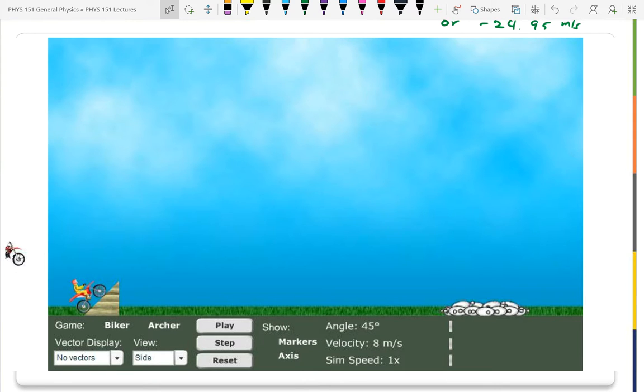Okay, Gila was closest. What did you say? Change the angle. Irving said increase the angle, so I'm going to go with Irving. I'm going to increase the angle, which is one of the two options that Gila had. So I'm going to increase that angle from 45 degrees to, let's say, 50.7 degrees. Try it again. Still overshot, so let's go to a bigger angle, 58.5 degrees. Oh, yeah. Hit the sweet spot.